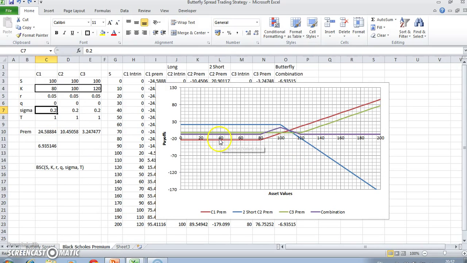Again, importantly, what does the butterfly provide? Well, we look at the combination overall. If the stock price remains within a particular range, we make a profit. If the stock price goes outside the range, from slightly over 80 and slightly underneath 120, then the strategy starts to lose money. To set up the butterfly strategy,